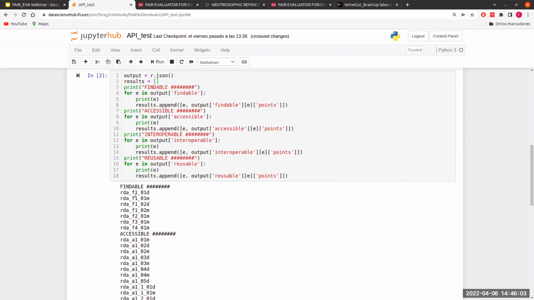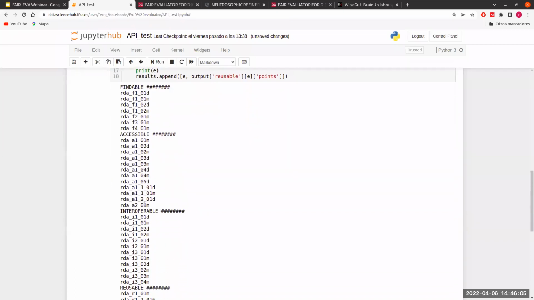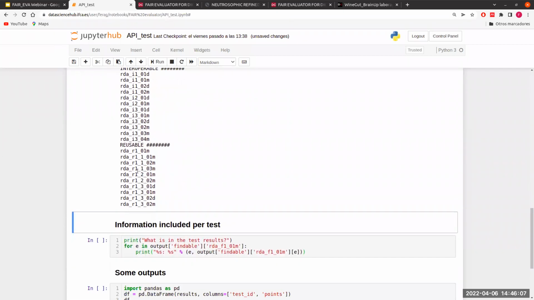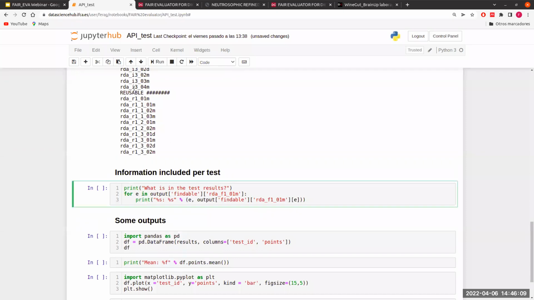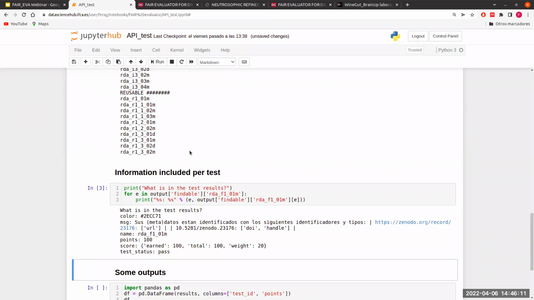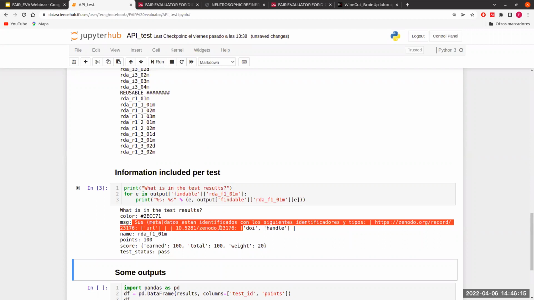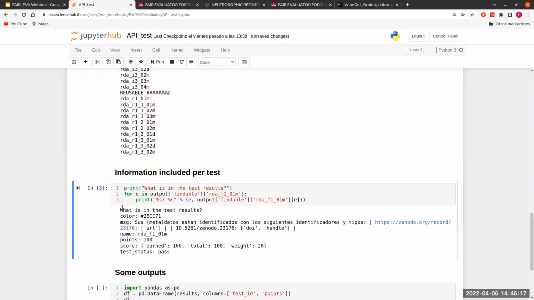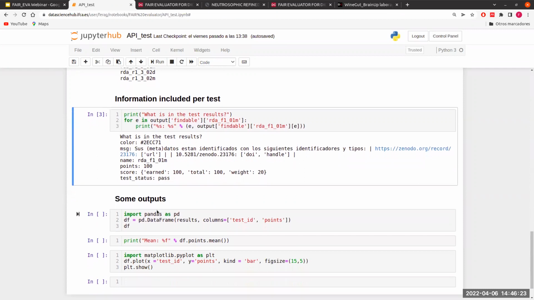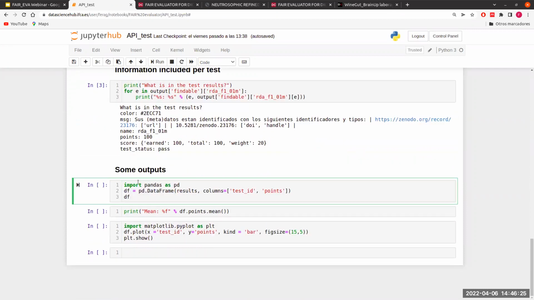You can see the list of tests for findable, for accessible, for interoperable, and reusable. You can know how the information is included for each of the tests. You can get a message that allows you to get some feedback, the name of the test, the points earned, etc. And you can do whatever you want with this output.